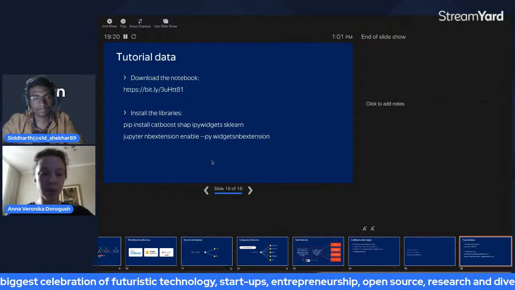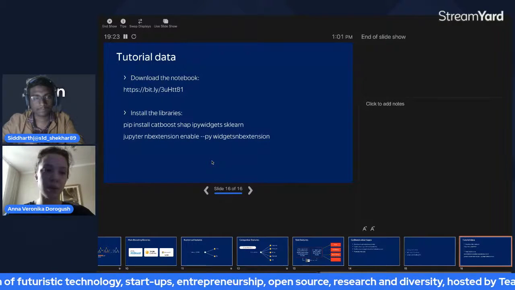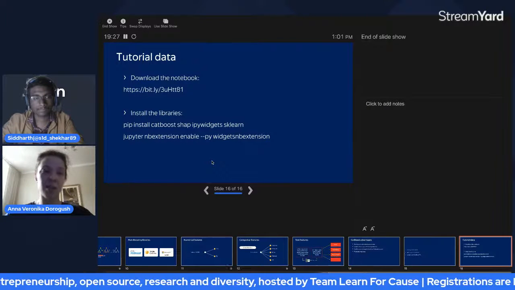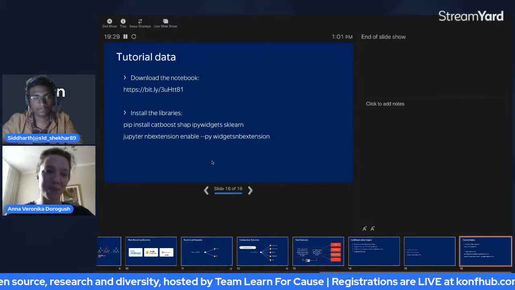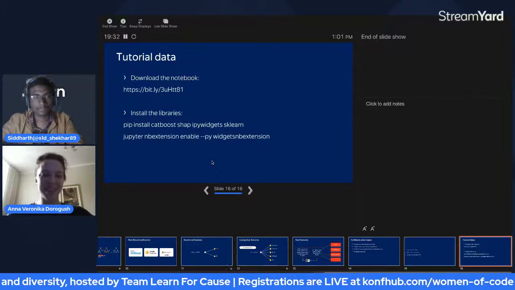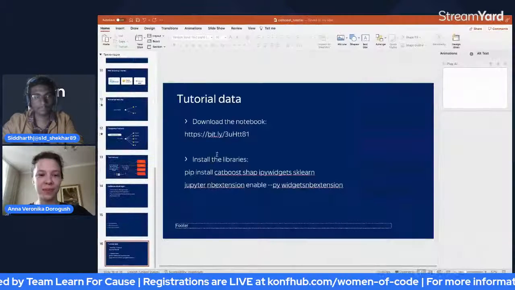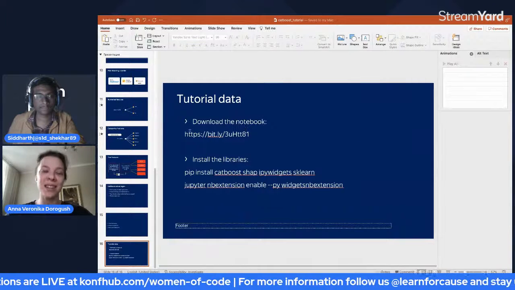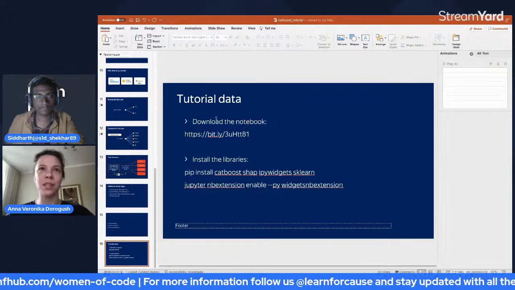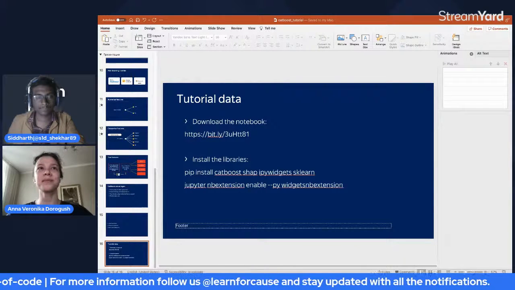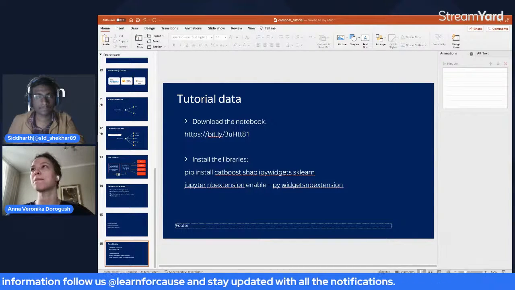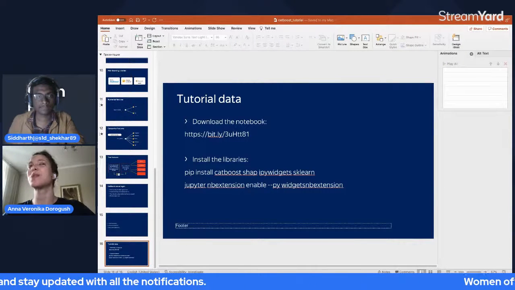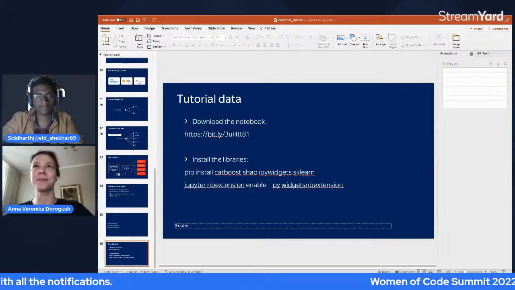You go to the folder where this notebook is downloaded, and you run Jupyter Notebook there, so that you are able to open the notebook and to run it. The slide is here, so please do the steps. And I wait a little bit to make sure that you have done this.